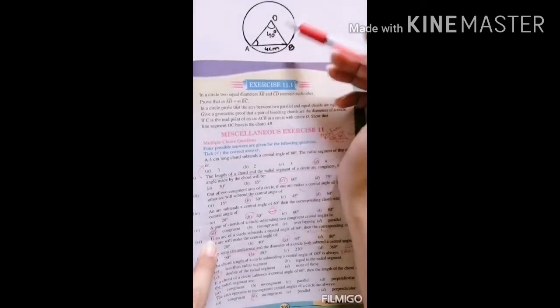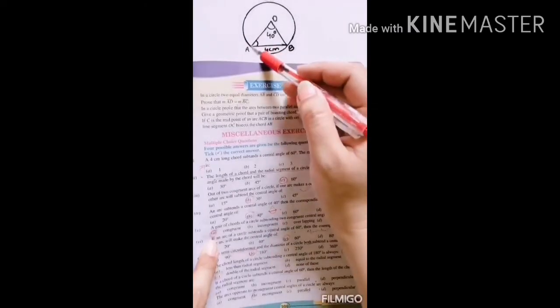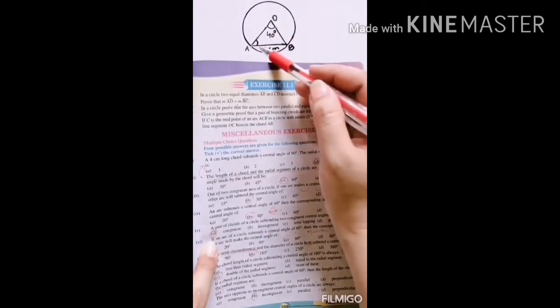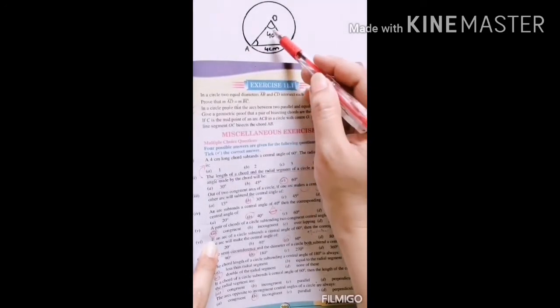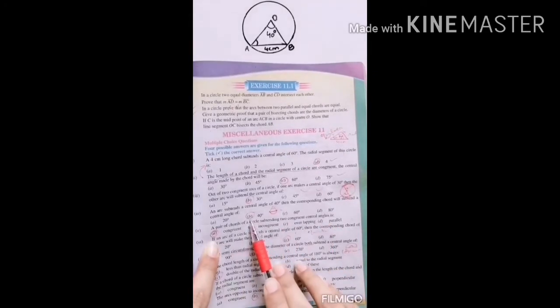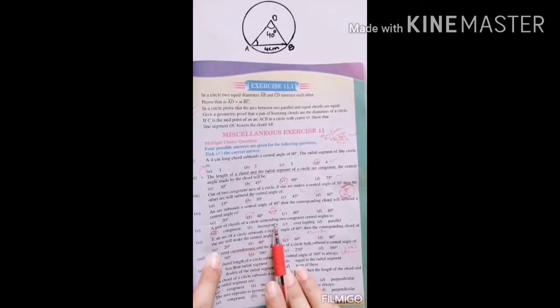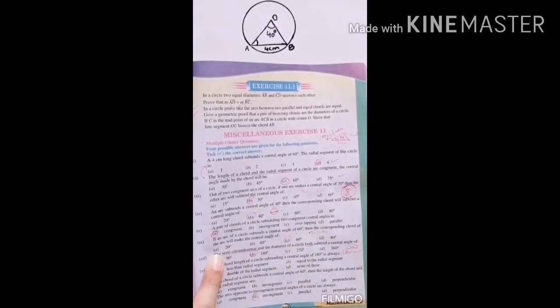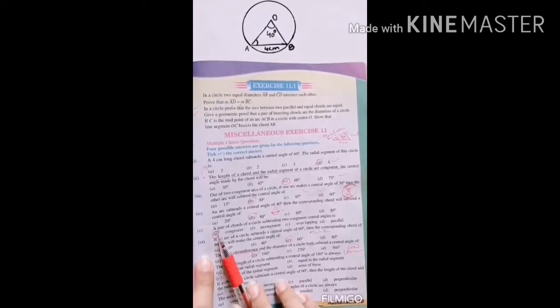So they are asking: an arc subtends a central angle of 40 degree. What will be the angle of the corresponding chord? The arc and the corresponding chord both have the same central angle. So if the arc's central angle is 40 degree, then the corresponding chord's central angle will also be 40 degree. A pair of chords of a circle subtends two congruent central angles. If two chords subtend congruent central angles, then the chords are congruent. It is the statement of the theorem, straightforward.